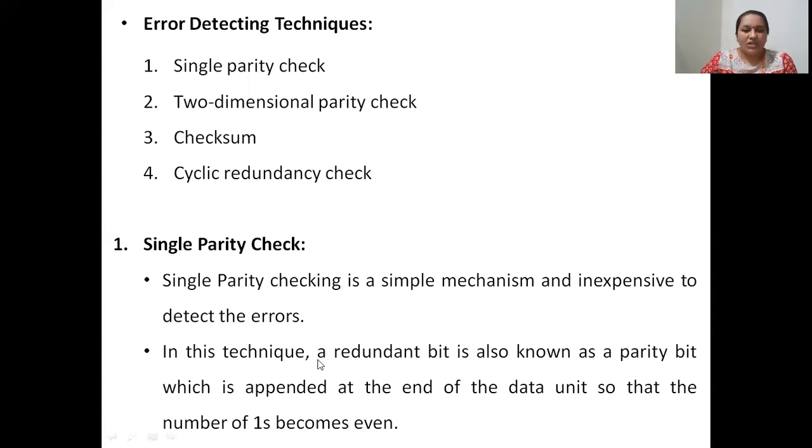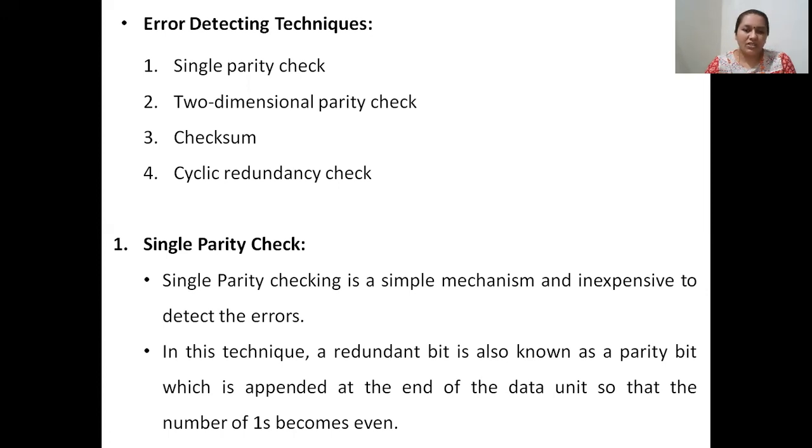If the number of ones in the data unit is even, say 2, 4, 6, 8, and so on, multiples of 2, then we say that the parity of the data unit is even parity. On the other hand, if the number of ones in the data unit is odd, like 1, 3, 5, 7, and so on, we say that the data unit has an odd parity.